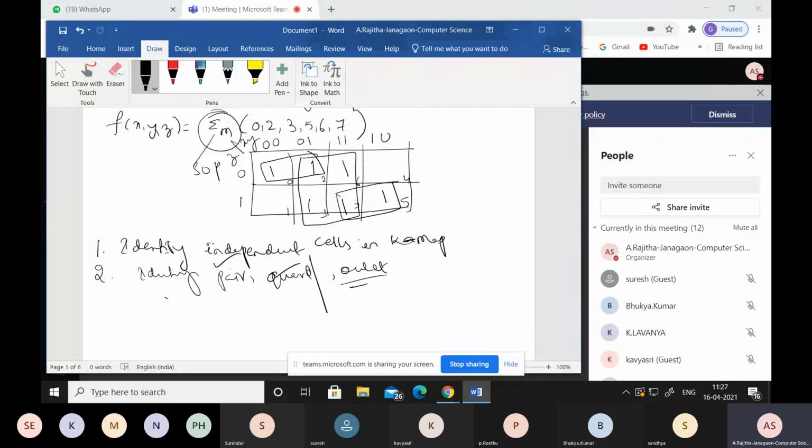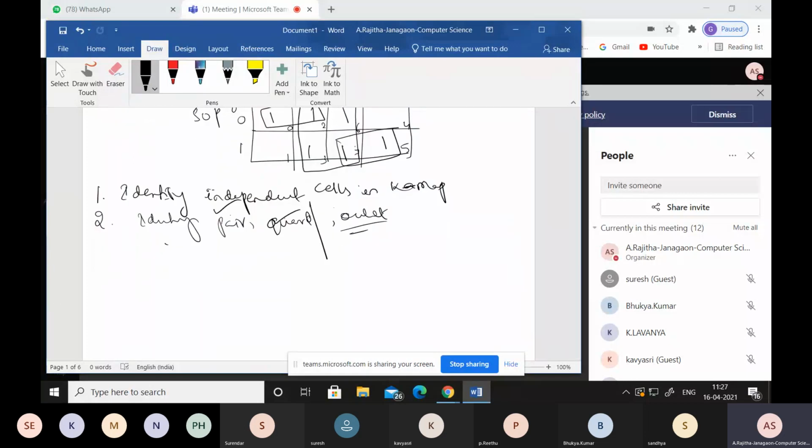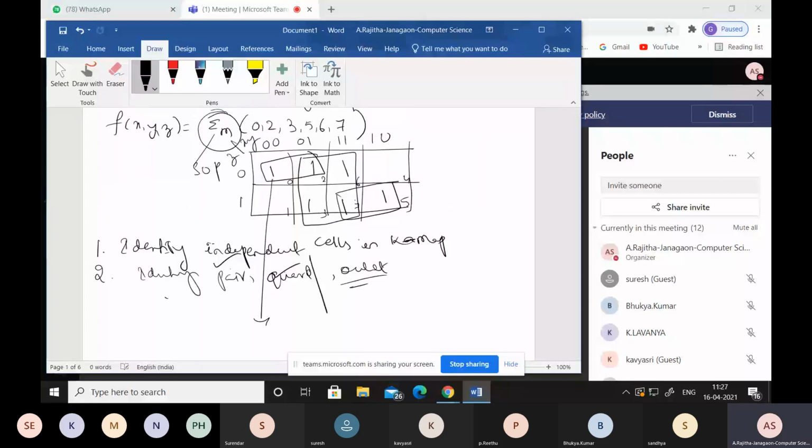Okay. Then next, how can we find this? Here we gave a statement. The statement is: from the subgroups, whatever variables are common to the subgroup, only those variables are present in the product representation. So from this pair, which is common? 0, 0 is common. This is complement with each other, here 0, here 1. So out of these two variables, we can take only one variable, that is x complement, because this is the product term.